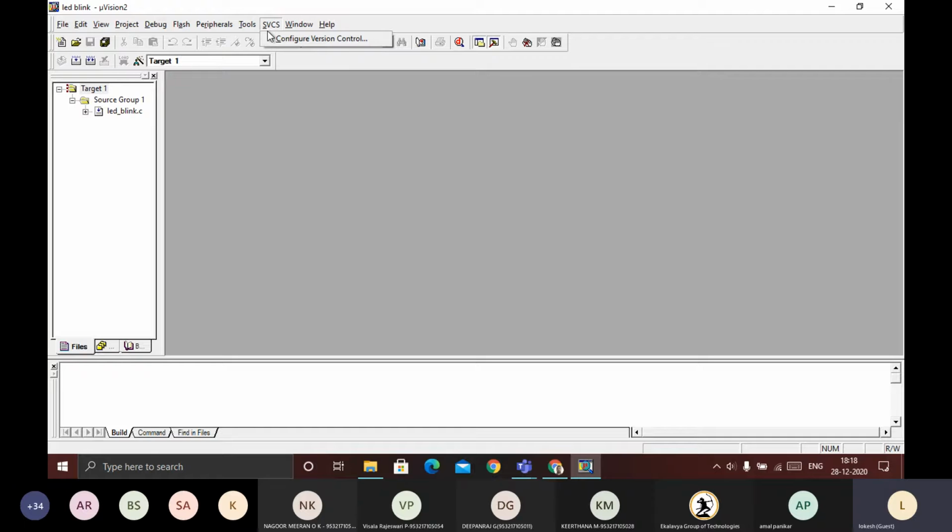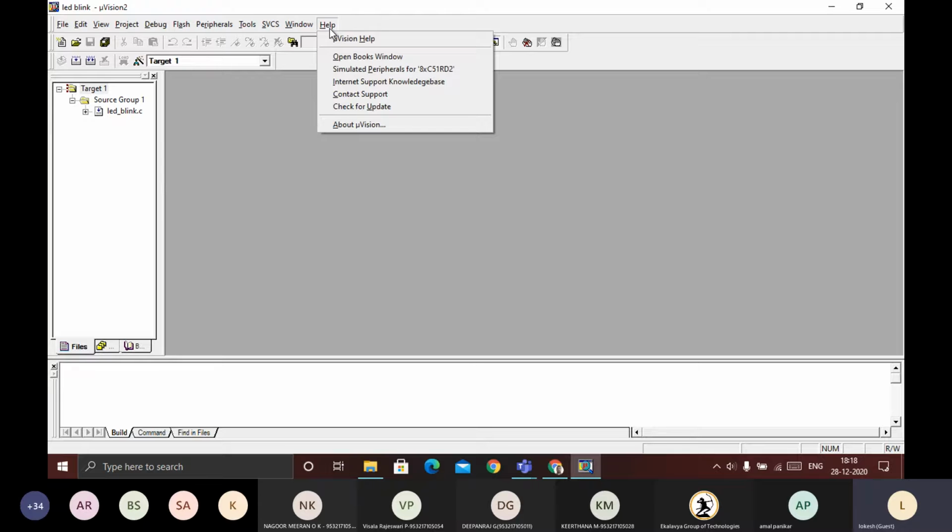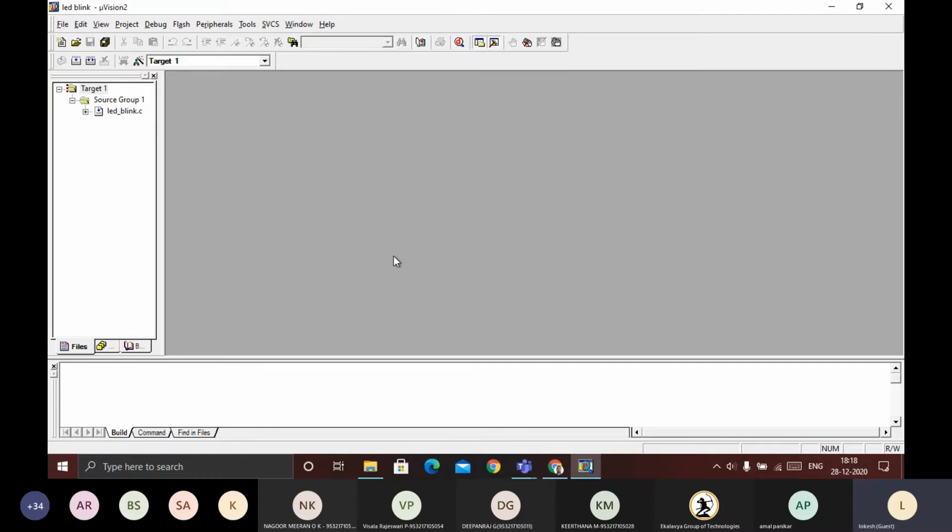So that version control is going to be done here. Next, in order to show the windows, so these are the windows, to show the windows in cascade, tile, to arrange like that. So this is the thing. You can find help here. Whatever help you require, you will find out here. Okay, so that's how we are going to be having.